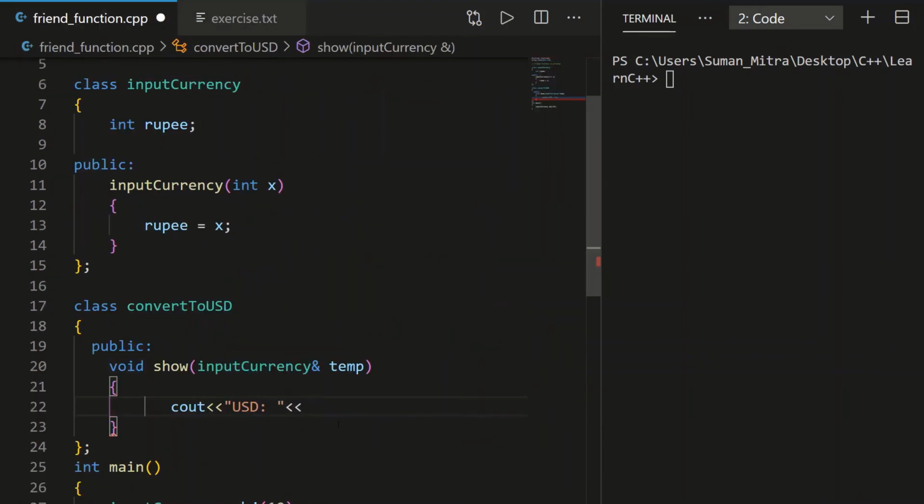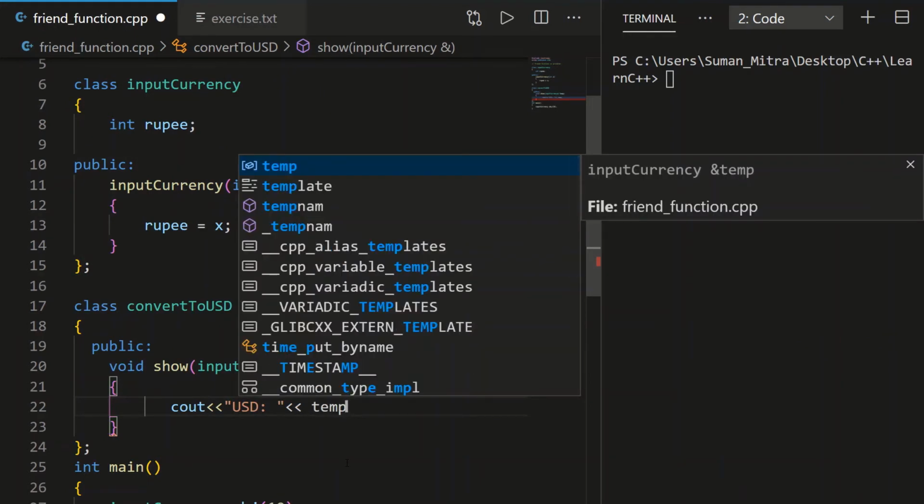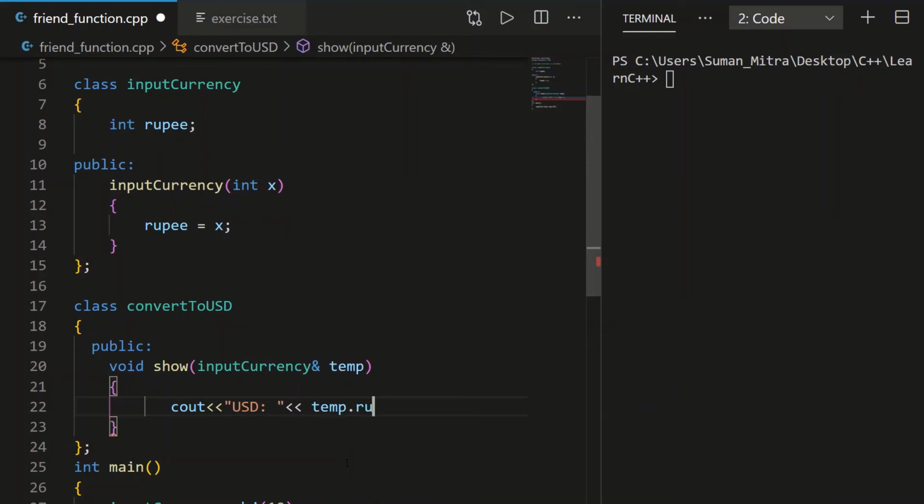We'll just write whatever we got, the temp value, temp dot rupee divided by 74. I hope we get it in doubles, so we'll write 74.0 so that we get doubles, and that's it.